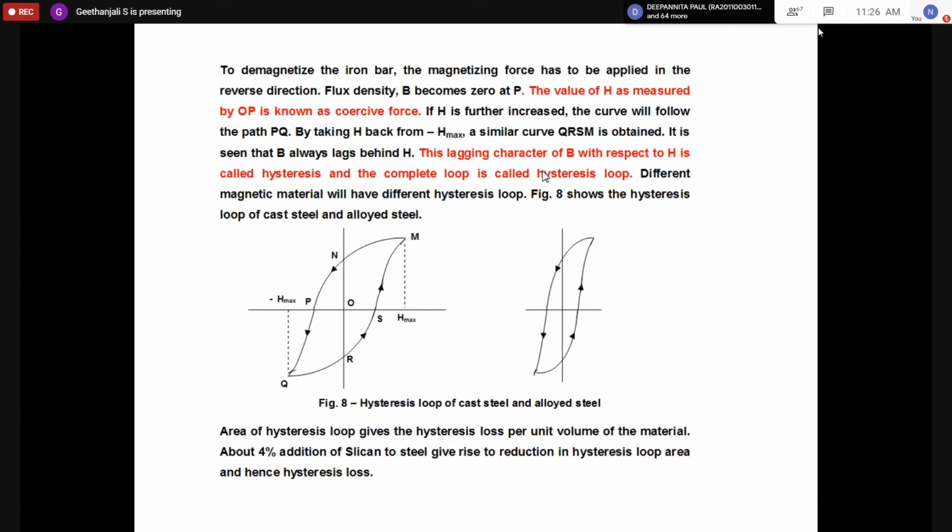This is the final conclusion, all of you make a note. They may ask it in the 1 mark question. If the hysteresis loop area is more, loss will be more. If the area is less, the hysteresis loss will be less. So all of you look at the figure. Figure 1 is for cast steel, and the second one is for alloy steel. The area of the hysteresis loop is more, so the loss in the cast steel is more than in the alloy steel.